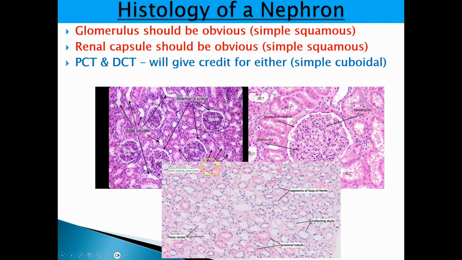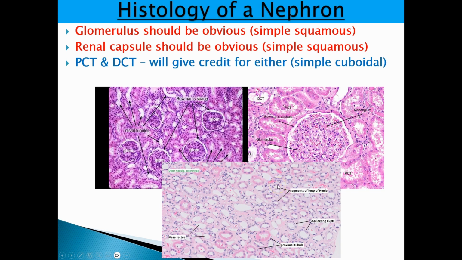Now, in this case, the follow-up question that I usually ask is, what region of the kidney would this be? Since you're seeing renal corpuscles, you know that this is a histology image of the cortex. This is in the cortex. Where here, notice, we don't see any renal corpuscles. All right, so this is likely the medulla. All right, and the reason I know it's the medulla is there's no renal corpuscles. And so this is where you would have,